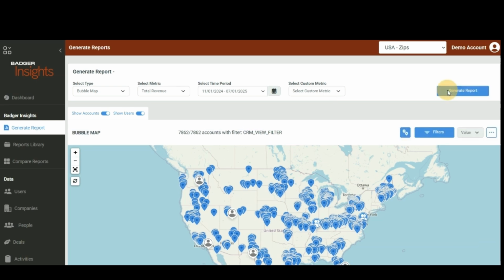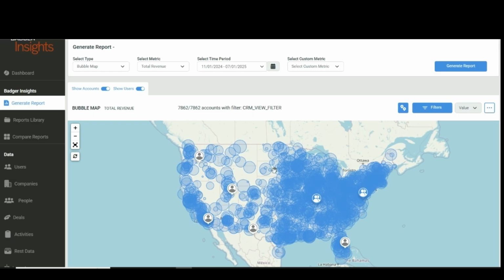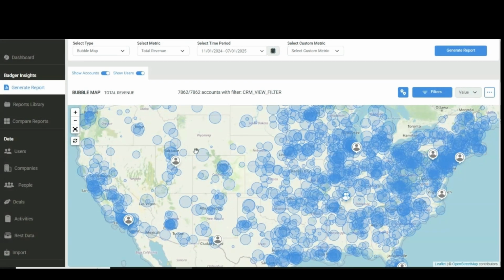Click Generate Report. The bubble map will display bubbles across the entire geographic area selected, each representing an account. The size of the bubble is directly proportional to the selected metric's value. Zoom in to explore the map in more detail. For example, a smaller bubble here indicates a lower metric value compared to the larger bubble here, which represents a